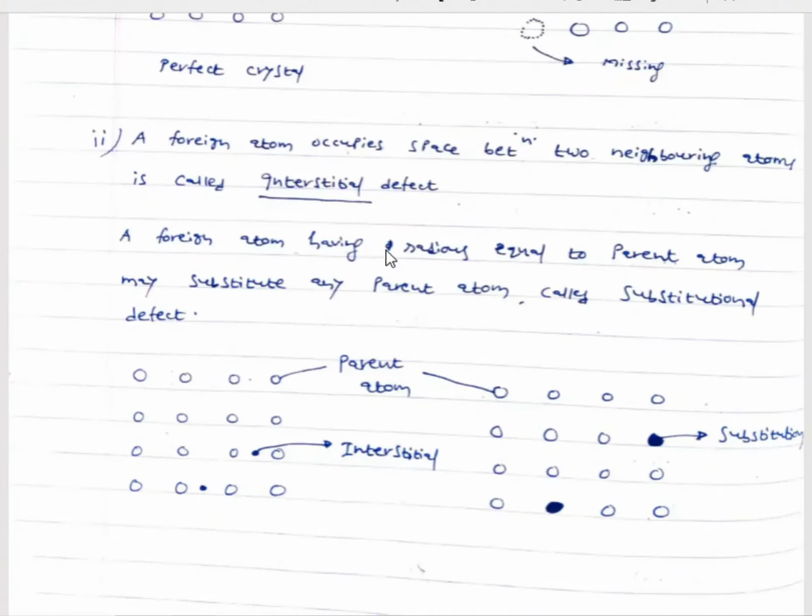On the left hand side, the interstitial type of point imperfection has been shown. This dotted, darkened atom you may consider as carbon, and the parent atom is iron. On the right hand side is the example of substitutional type of point imperfection. This dotted atom you may assume to be zinc, and the parent atom copper. So remember the example for interstitial: iron carbon, and for substitution: copper zinc.